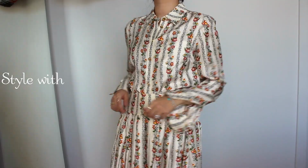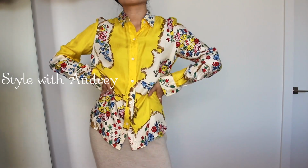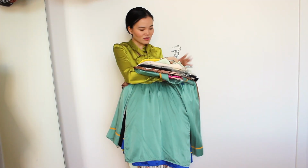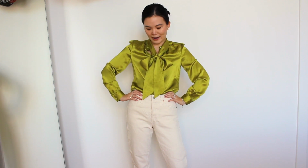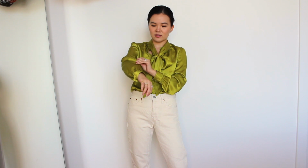I have a silk obsession. I want to show you how versatile silk pieces are and how I style them. Most of my pieces are actually pretty statementy. For example, the shirt that I'm wearing now, it's in this really beautiful, almost like a grass green with a